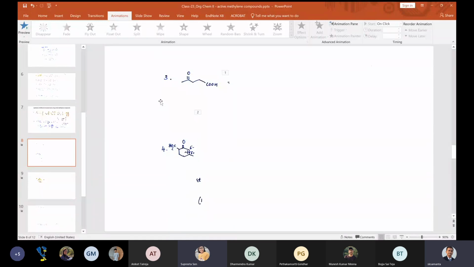No, active methylene compound. Oh, okay. So we can use the similar one, C double bond O and C double bond O ET. Yes, correct. But that is not a beta keto compound. I mean, that is not ethyl acetoacetate. That is not an active methylene compound. You have 2 carbons in between. There are 2 carbons, it's not one. Where do you cut this molecule?